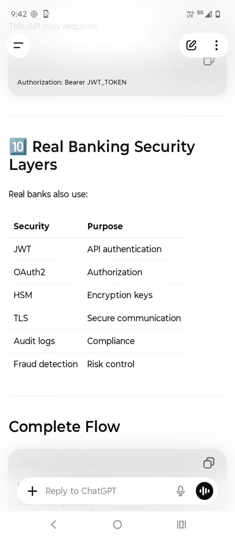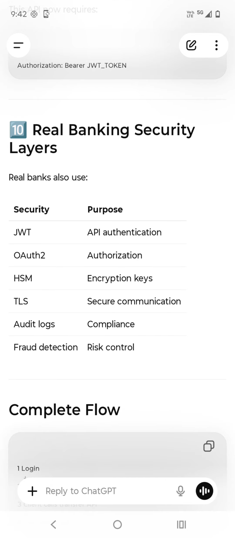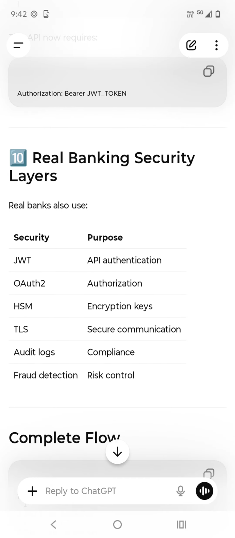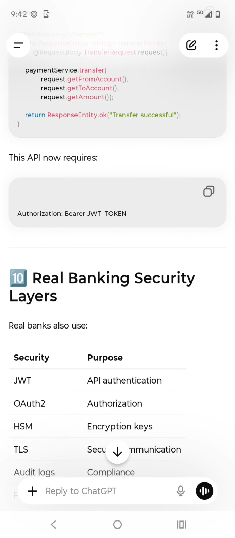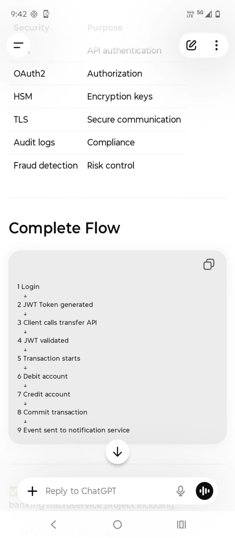Otherwise, there can be exploitation of applications, which may lead to disaster for any banking system. So these security aspects are very important when you are building a banking application with Java and Spring microservices. You have to consider these things.